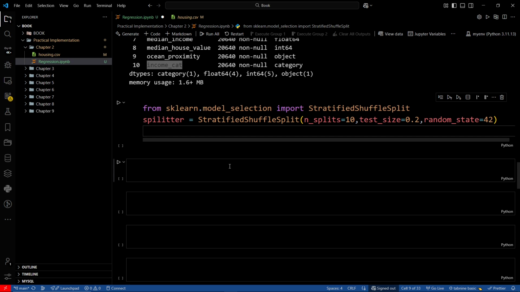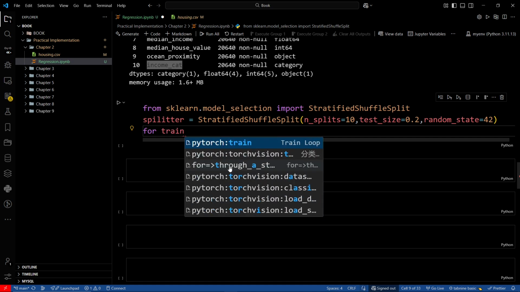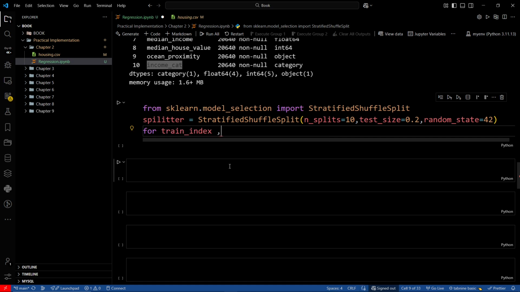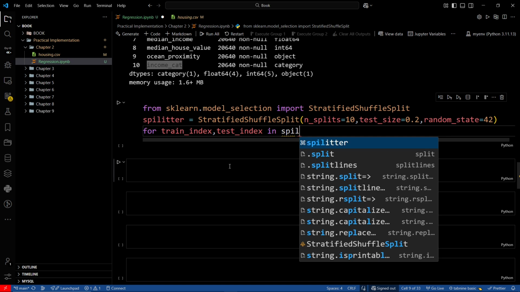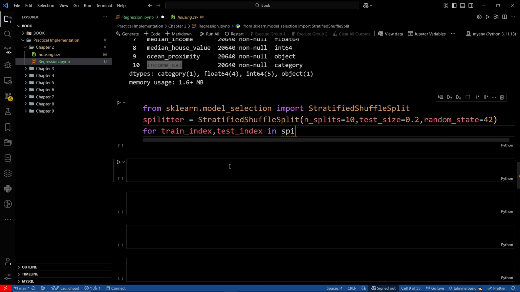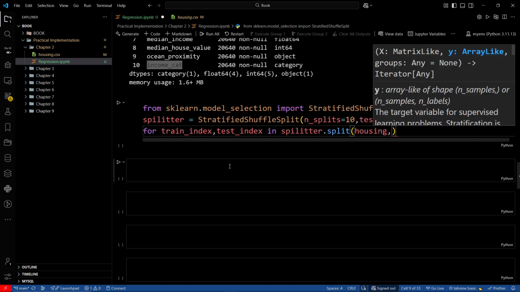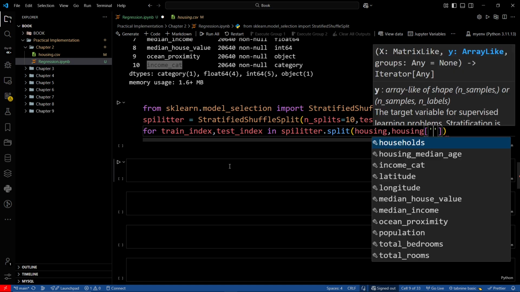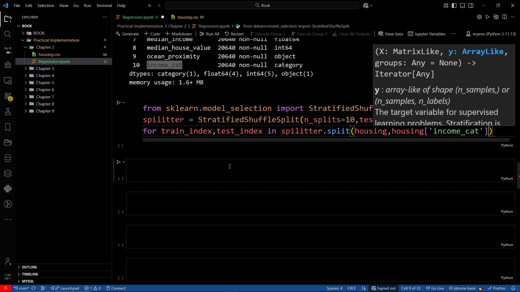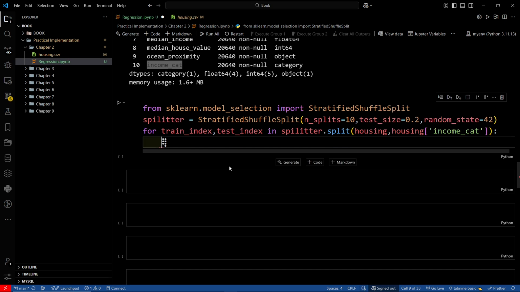And I want to store my training and testing data into two specific variables. I want to initialize the two variables, train index and the test index, in the splitter. And split with the help of two things. The first one is my data set and the second one is my new column. My new column is income cat, and close my for loop,